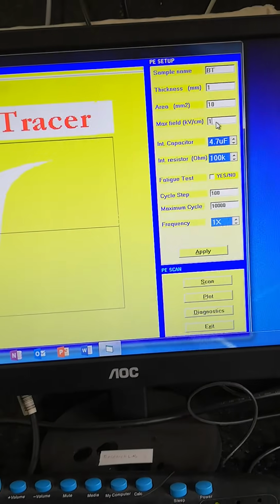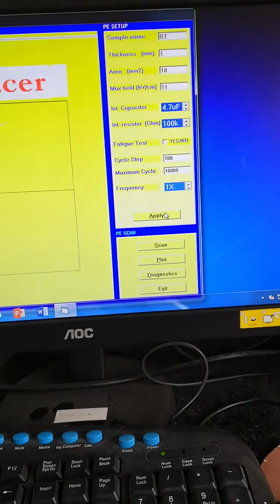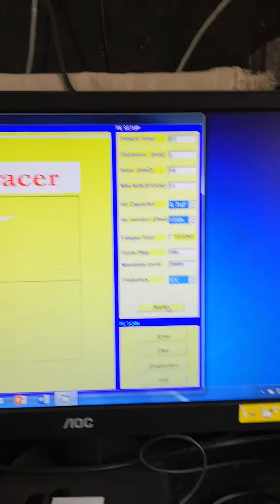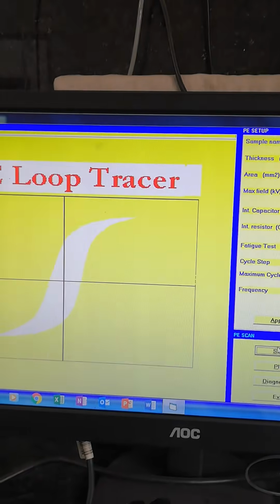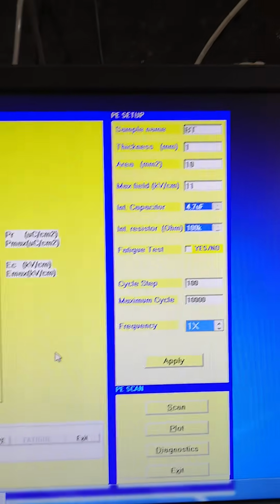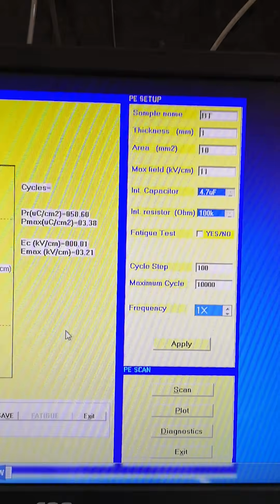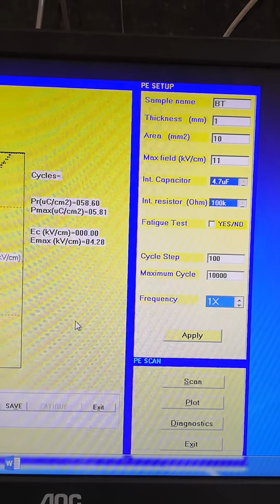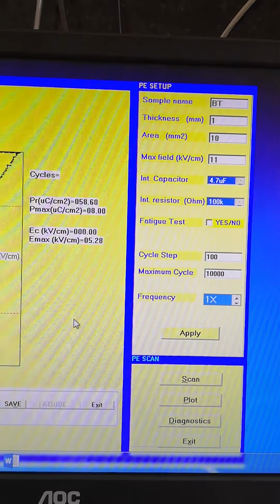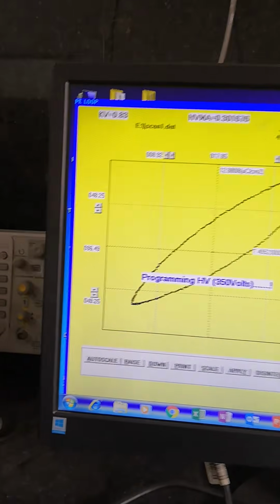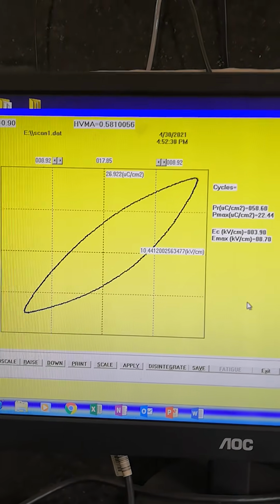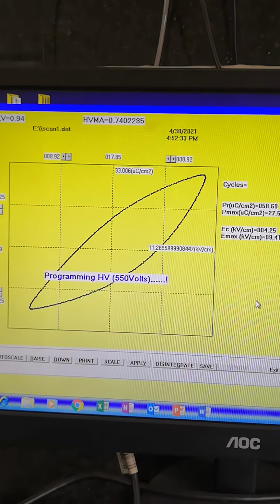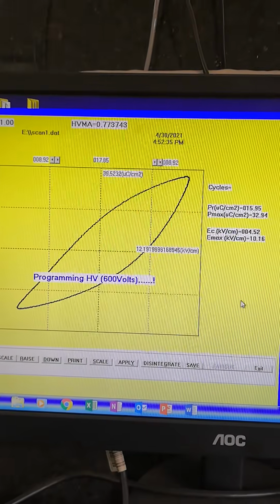Let us suppose we increase to 11. इलेक्ट्रिक फील्ड की वैल्यू को इंक्रीज़ करते हुए हमें ध्यान रखना पड़ता है कि अगर हम ज़्यादा वैल्यू को अप्लाई कर देंगे तो वो हमारे सैंपल को शॉर्ट कर देगा, उसको ख़राब कर देगा. तो हम बहुत ज़्यादा वैल्यू भी नहीं इंक्रीज़ कर सकते for the electric field. So we have to keep a balance between the capacitance value, resistance value and the external applied electric field to get the proper P loop for any sample.